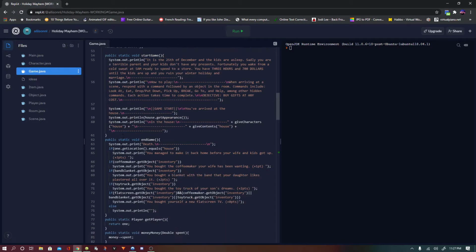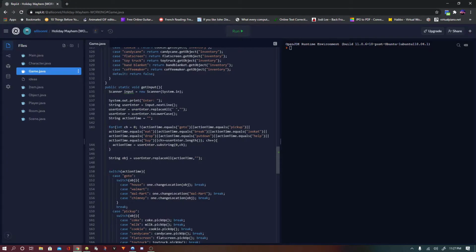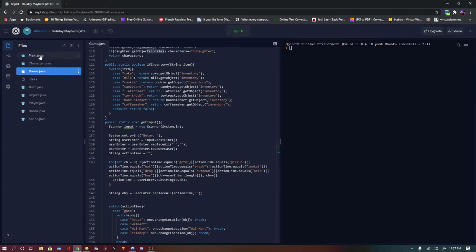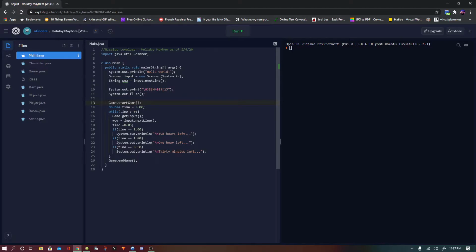To continue the game, which I really should have called the continue game method, this is the get input. So we go back to the main because we just completed that. Now this is what keeps the game running. You're supposed to have a limited amount of time, which means a limited amount of moves because I didn't know how to do any time stuff back then. So you start out with 3 times, so it's like 3 hours, I think. And while time is greater than 0, it's going to run this. Then it's going to get another line, and then it's going to subtract time.